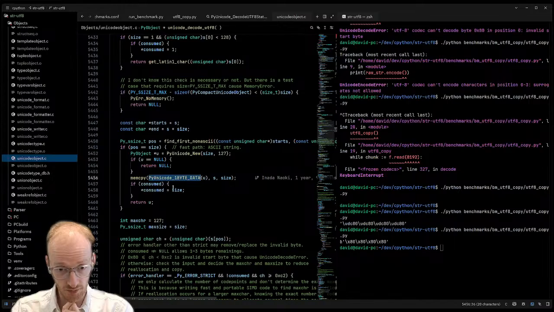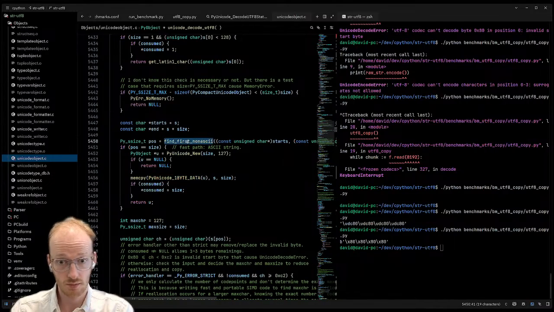That's possibly fine. The find-first-non-ASCII is quite optimized, and I think we'll have to reach into that. So we probably won't need to change that one to find the first non-UTF-8 character. And also possibly keep track of the maximum code point.